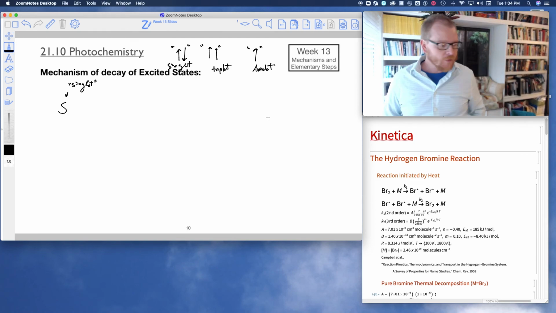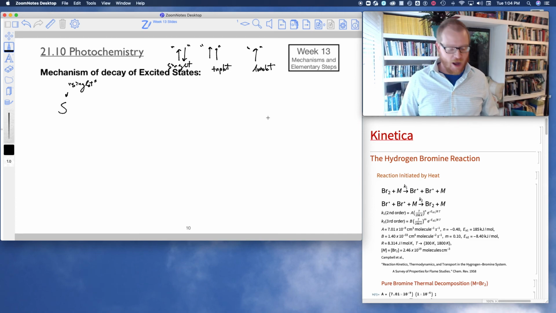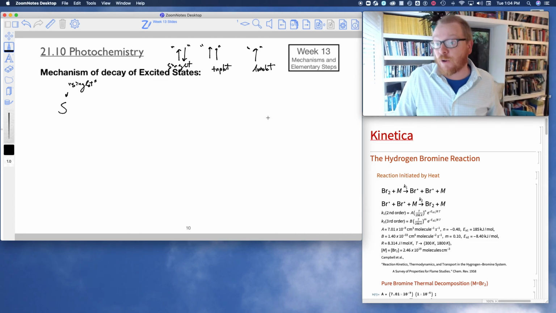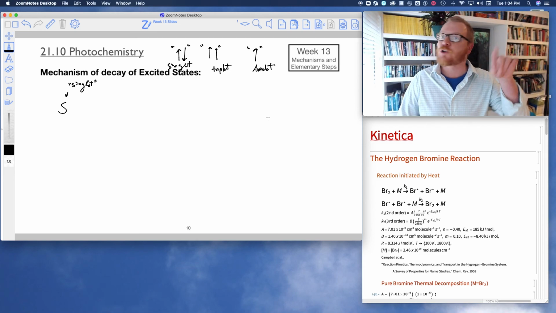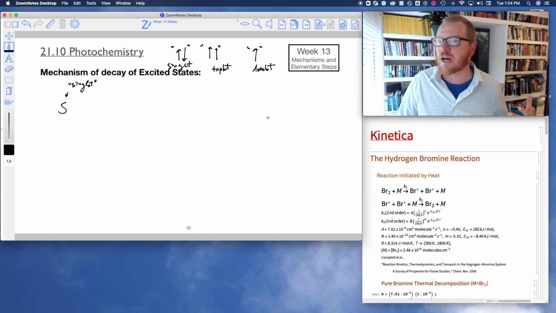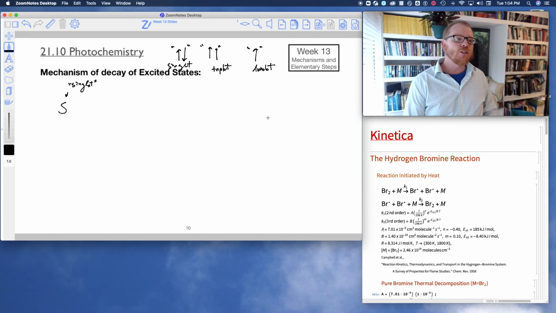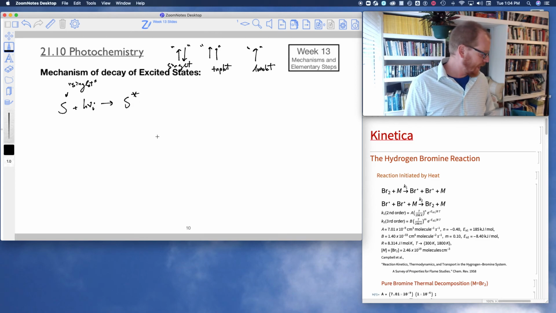Okay? So I don't have a periodic table in front of me, but sodium metal, for example, has a 2s1 electron configuration. That's a doublet. So let's just talk about an arbitrary singlet state, a molecule possessing a pair of electrons. If we irradiate it with h nu initial, it could go into some excited state, and we call that